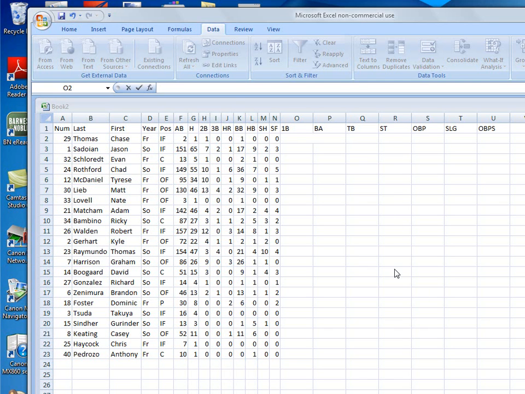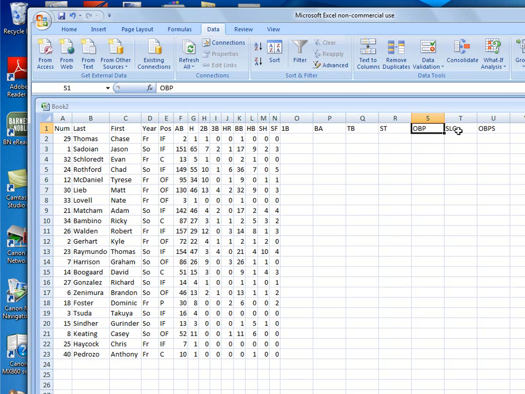Welcome to part 2 of 5 for GA02. This is probably the most complex step here, calculating 1B, BA, TB, OBP, and SLG. First, let's start by creating labels